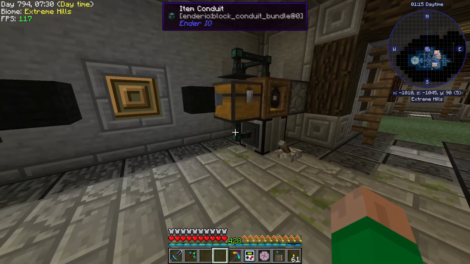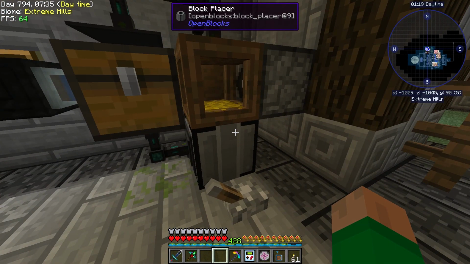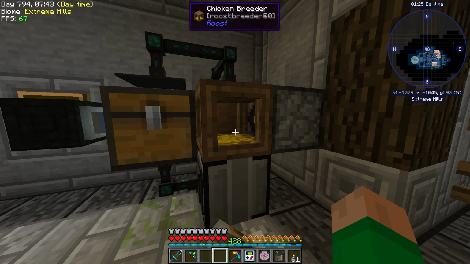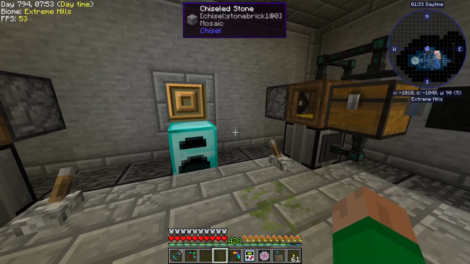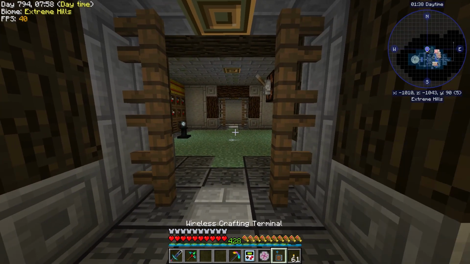Back here are auto breeders, which automatically took raw chickens and bred them up to level 10 chickens. And I don't remember why I was cooking chicken meat. That's why. I was trying to remember why this diamond furnace was back here. But and for fun,